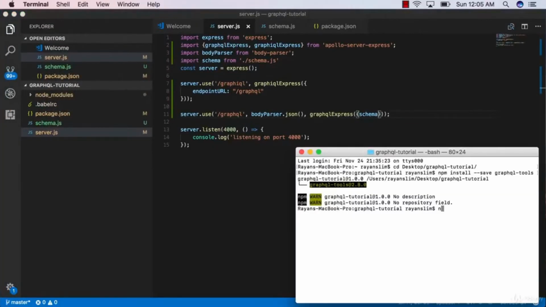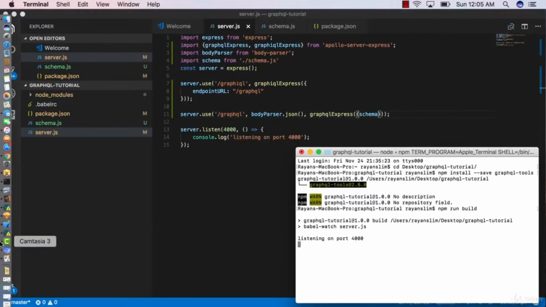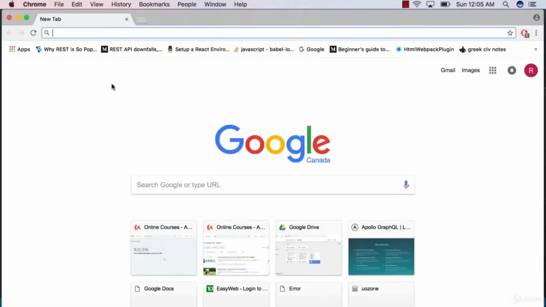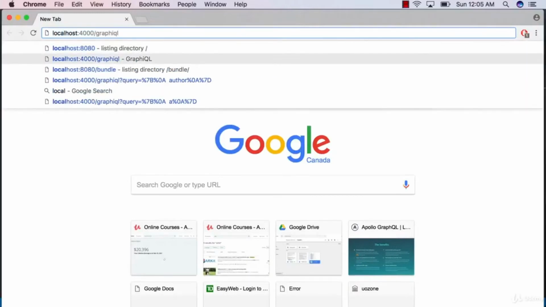Go to your terminal and we're going to run our build by writing npm run build to see if everything works out. We seem to not have any errors, which is good. So if I go to GraphQL by going on localhost 4000/GraphQL,